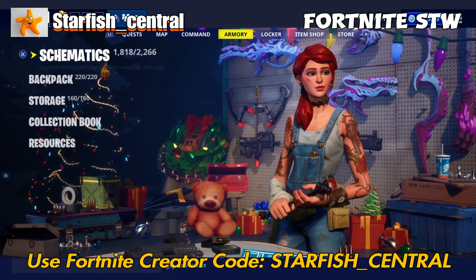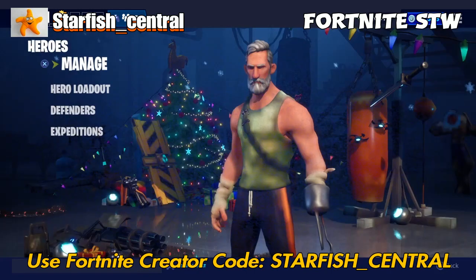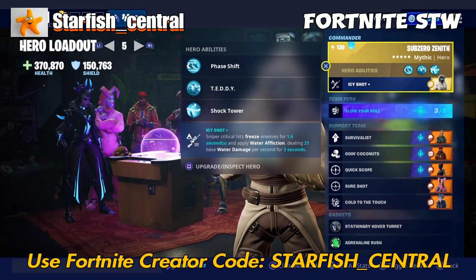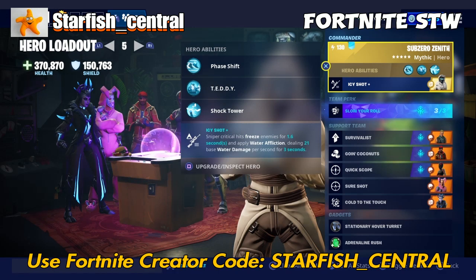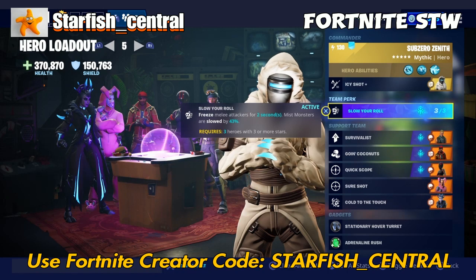So I'll show the actual hero. I'm actually going to be using two heroes in this video. I'll show you the first one. I'm using Sub-Zero Zenith because he has the icy shot. Sniper critical hits freeze enemies for 1.6 seconds and apply water affliction, dealing 21 base water damage per second for 3 seconds, and slow your roll, freeze melee attackers for 2 seconds, miss monsters slowed